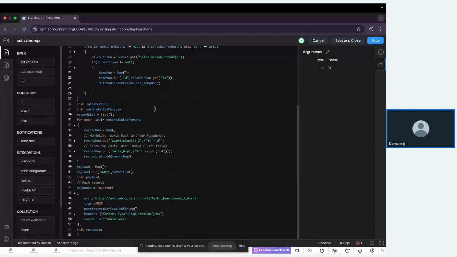So this part creates the linking records in Zoho CRM via API. Like we have used the Post API. I've used the same API to create a record on this linking module, the order management cross users module. So if I run this